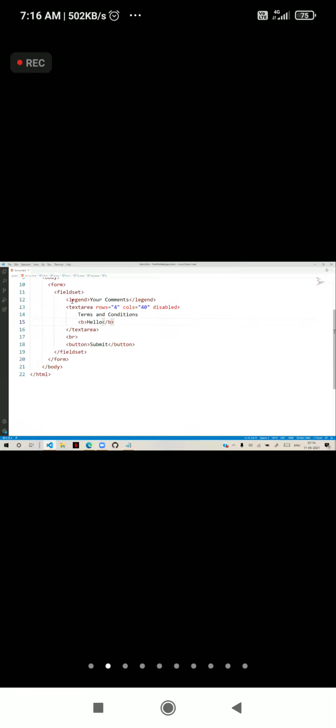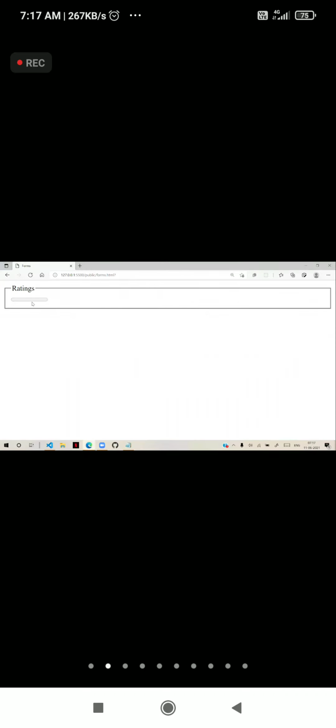So for example, suppose here I am defining a legend. Suppose here ratings, something like this. Now in this, I am defining a meter control. Meter will put a normal plain bar like this. That is meter.